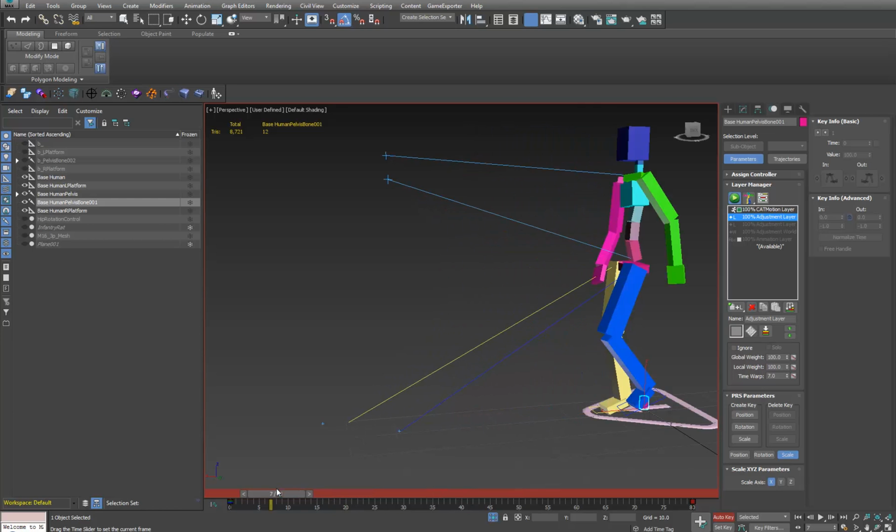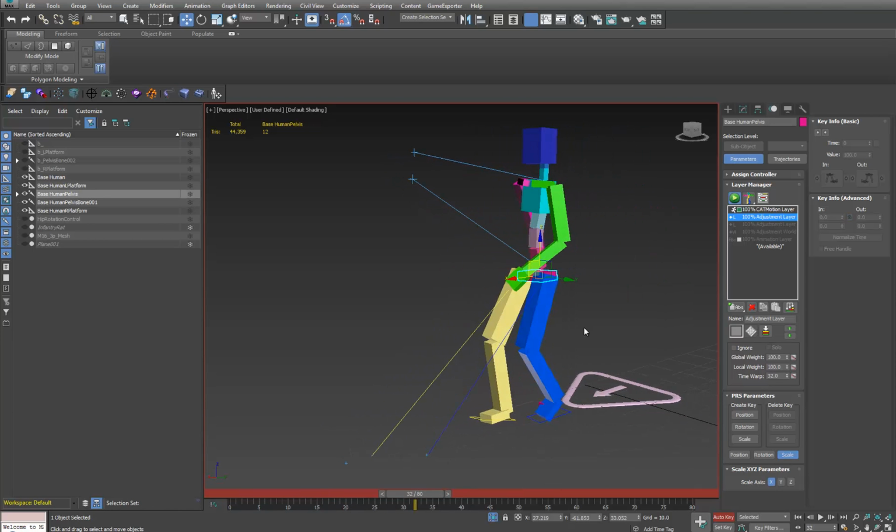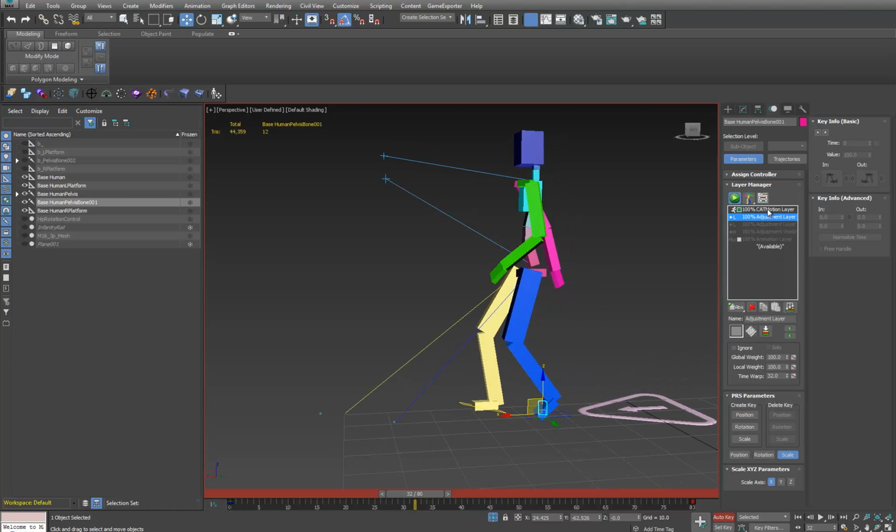You can see that I'm not overshooting the pelvis. The pelvis is linked to this, absolutely. But because the motion layer is active, its motion is being taken over. So this might mean that when we get to, say, a new absolute layer,